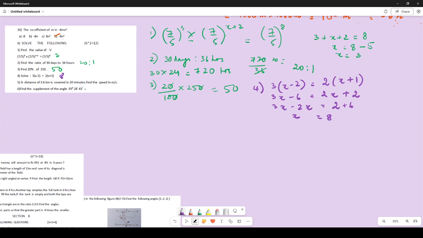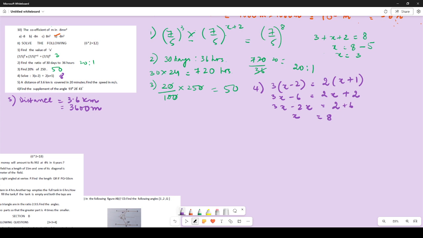Okay. A distance of 3.6 kilometers is covered in 20 minutes. Find the speed in meters per second. Now many of you committed an error over here. What you did was, let me take up the question over here. See, you have to find the speed in meters per second. Now distance, let us see what is it. Distance is equal to how much? It is 3.6 kilometers. Now if we convert this into meters, this becomes